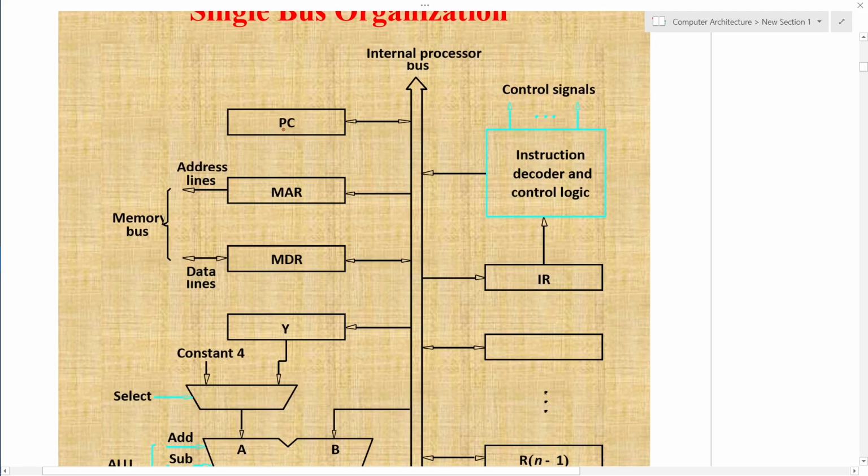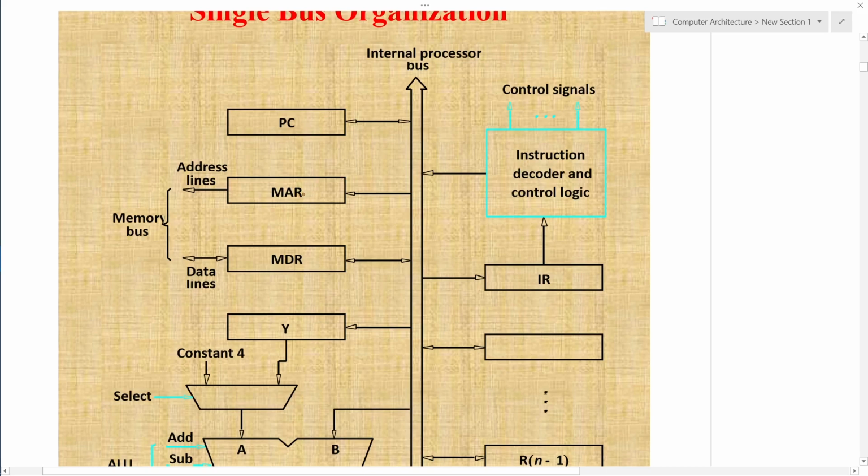Program counter is a type of special purpose register. It holds the address of the instruction which the CPU will execute. The content of the PC will be the memory location where the instruction is available.